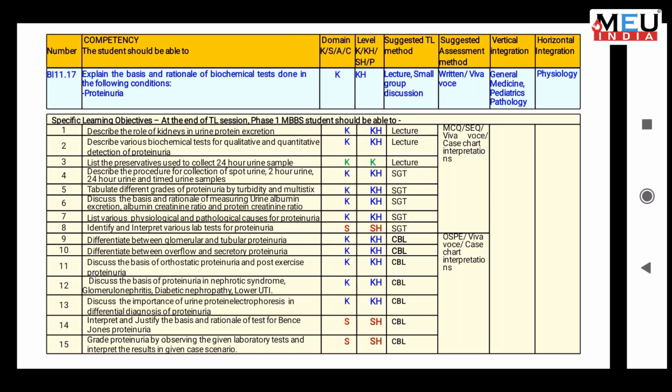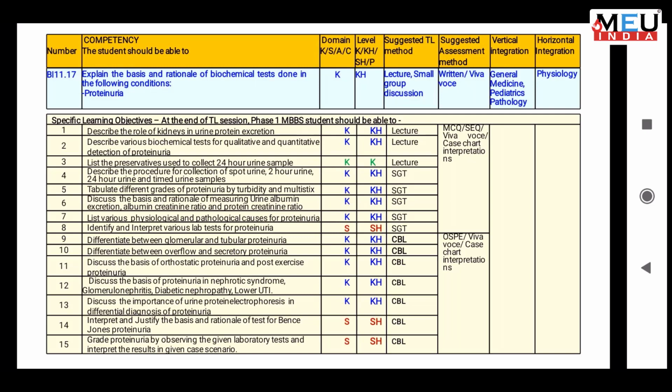Discuss the importance of urine protein electrophoresis in differential diagnosis of proteinuria. This is not routinely done, but some information can be given. Interpret and justify the basis and rationale of test for Bence-Jones proteinuria at SH level, and grade